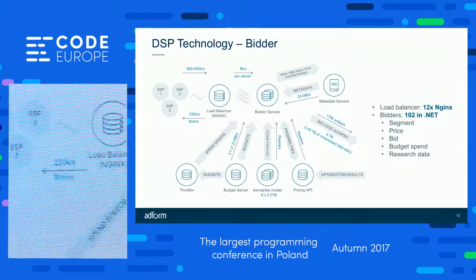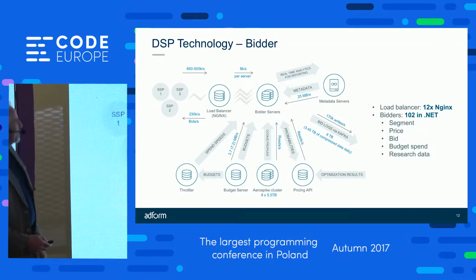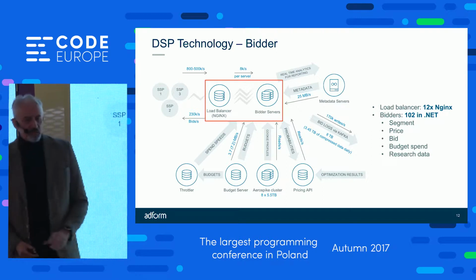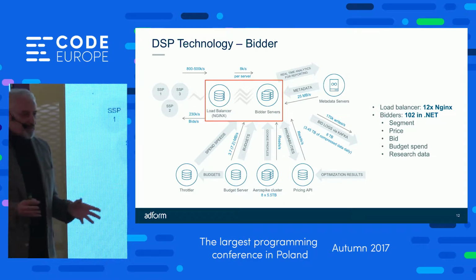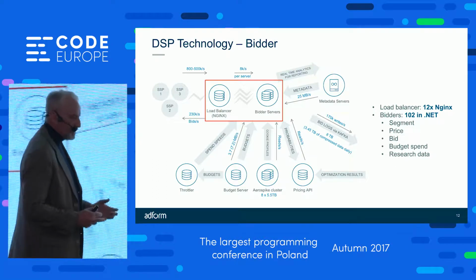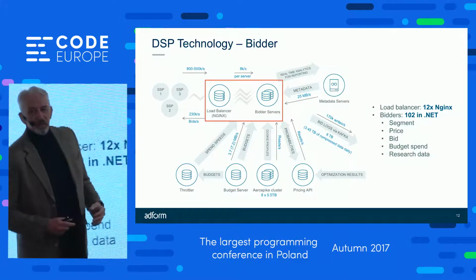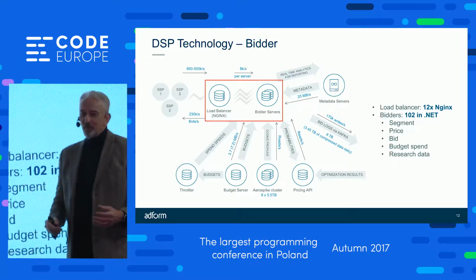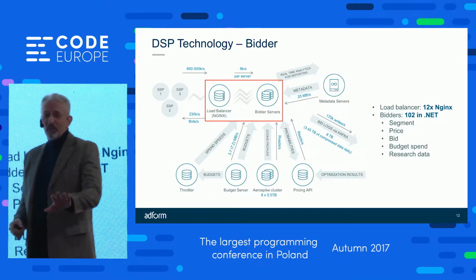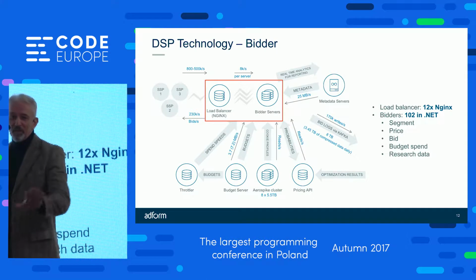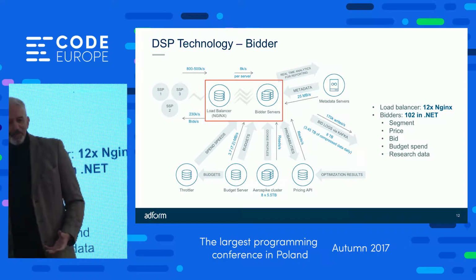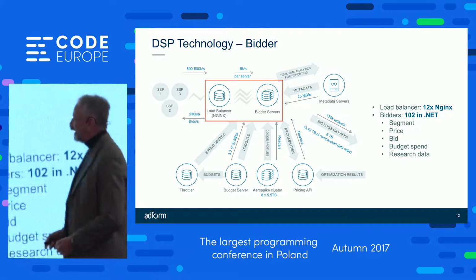Okay, so I've drawn you the technology. Let's talk about these two areas. So part of the technology is we have a load balancer, which is Nginx. And as I said, our smart throttler and the other portions of the high-speed area are written as Nginx modules, plugged into Nginx. So if you're a Lua guy or girl and you want to have an interesting job, come and join Adform. If you're a Lua person, by the way, I think you've got a sick mind. All right? Lua was one of those programming languages that people on drugs got together one weekend and invented. It's really powerful and really fast, but it's really weird.